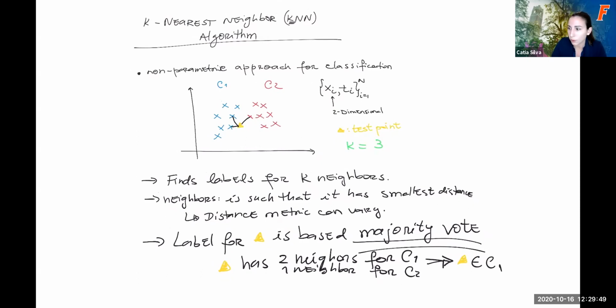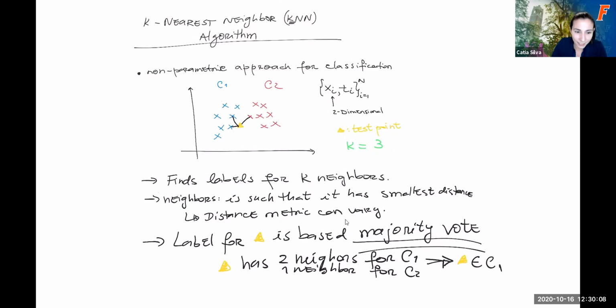And so there's many types of metrics that we could use, and that's just going to depend on the application that you want to compute. But before we go and talk about different distance metrics,